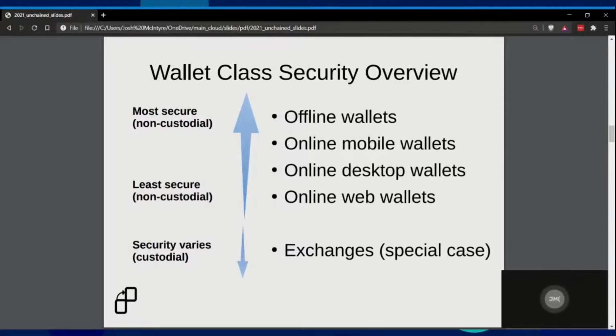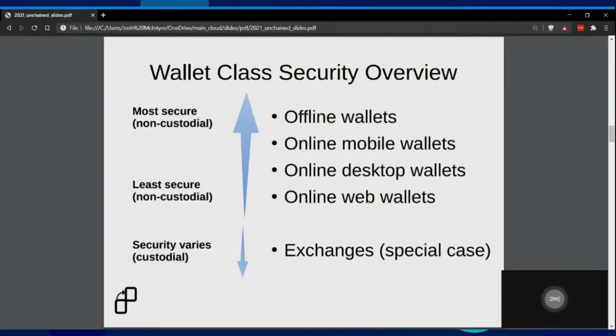I'm going to get into a little bit later why single key pair has kind of fallen out of favor. But generally, when we're talking about offline wallets and cold storage, we're talking about hardware wallets. The next broad class of wallets is online storage, so wallets that are stored on a device that is generally connected to a network. At the top of this list in terms of security, and this may actually seem surprising, are mobile wallets, so wallets that are installed and run on iOS or Android.